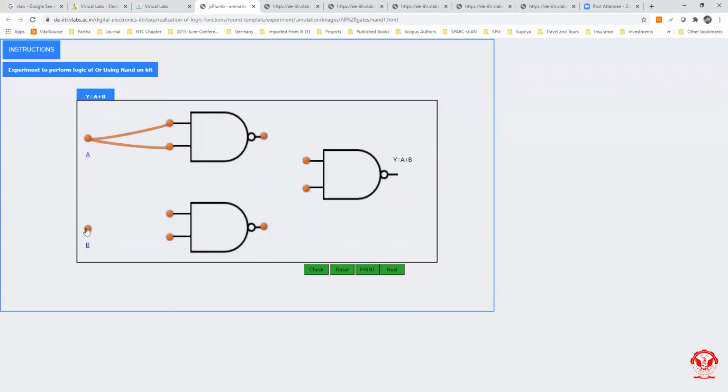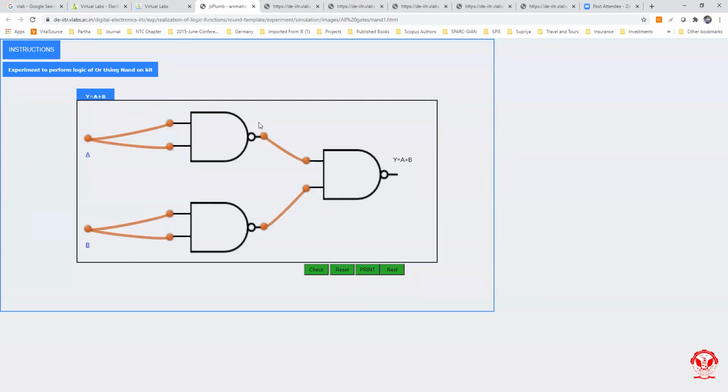Now click on point B and drag the wire and connect to the input of another NAND gate. Just click on this and connect to this input, and click on this output of the NAND gate and connect to another input.